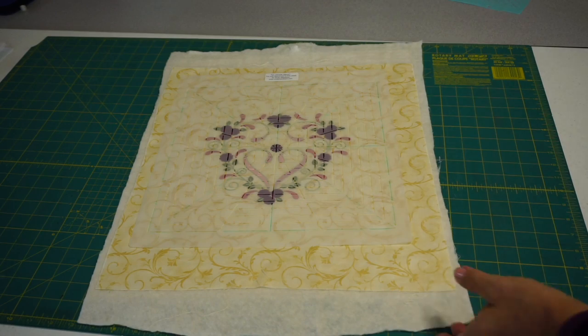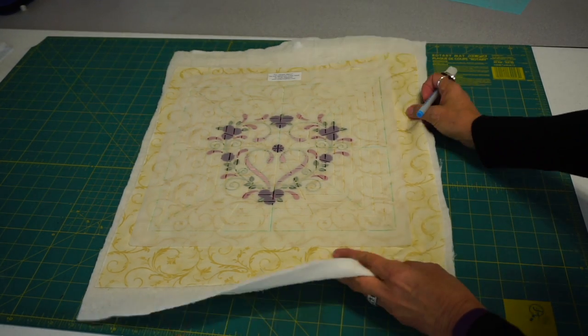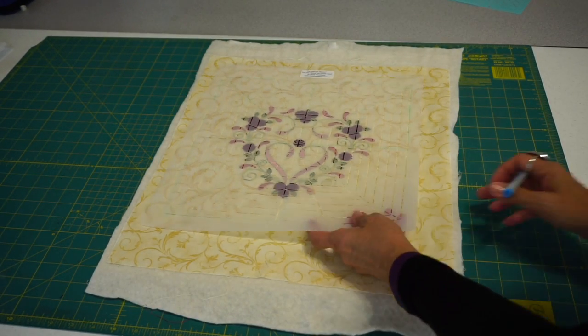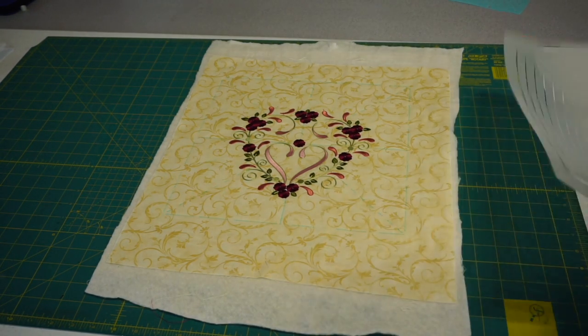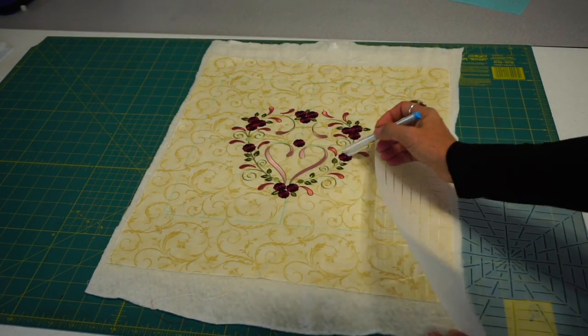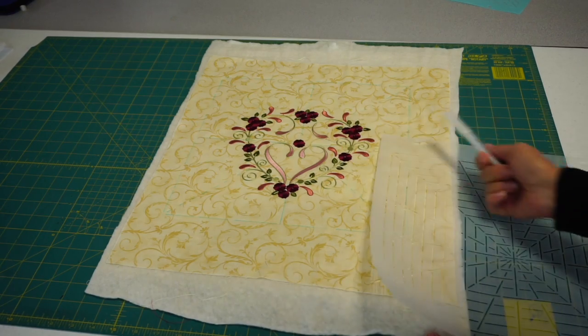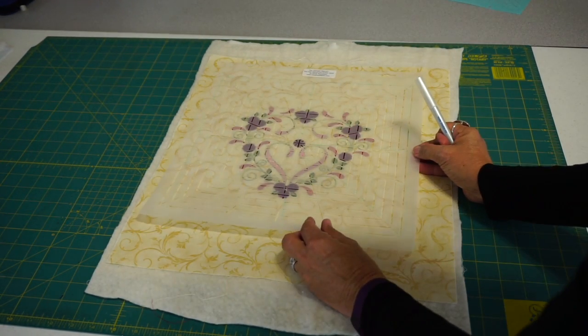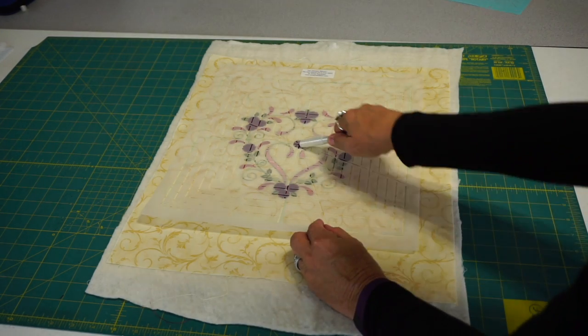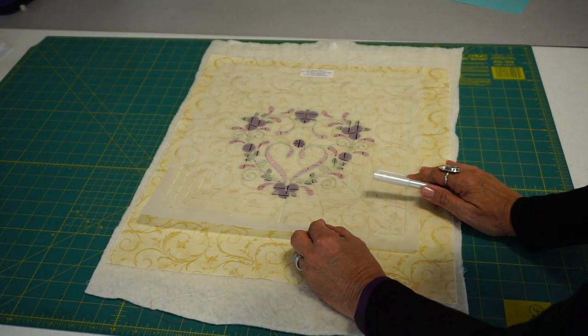Okay, so real quick, marking with the Ultimate Stencil, just so that you get some guidelines. In the interest of time, I went ahead and just did that, but on this particular stitch out, you can see in the middle of the flower, it makes it really obvious what the center of my design or my block is going to be. I match that up in the middle,